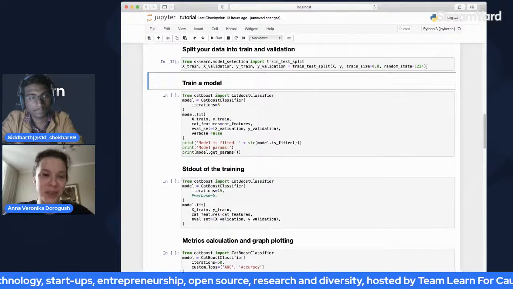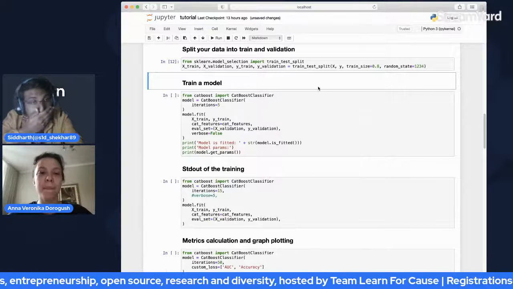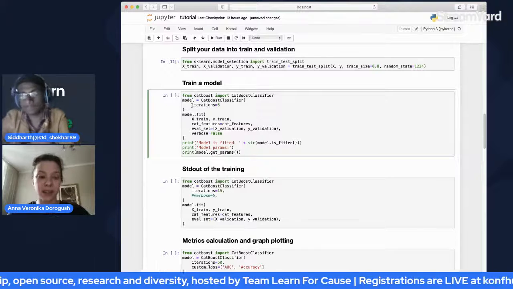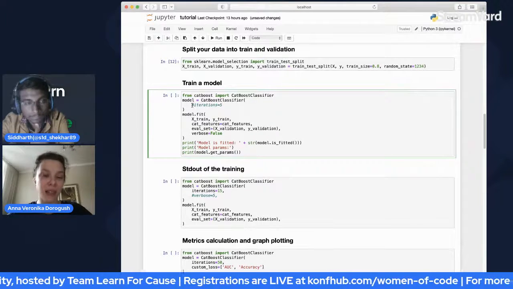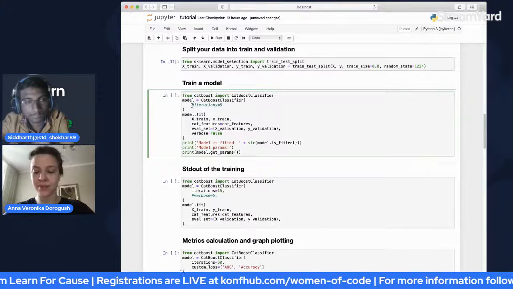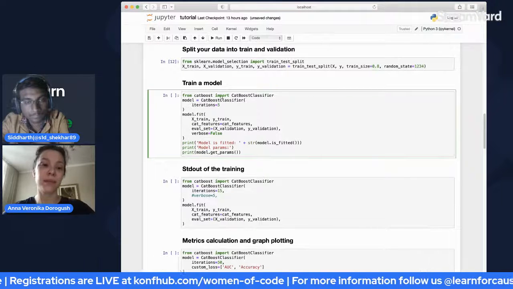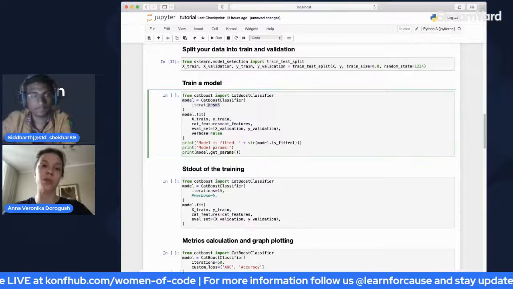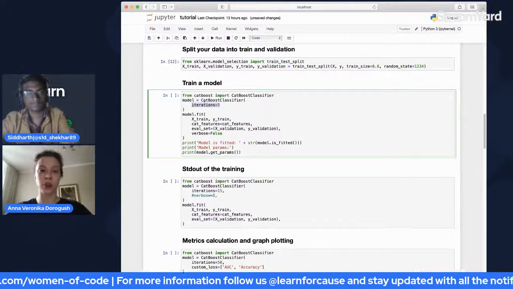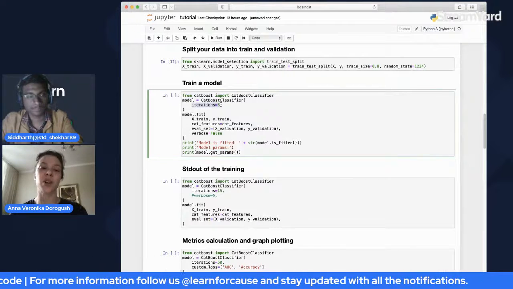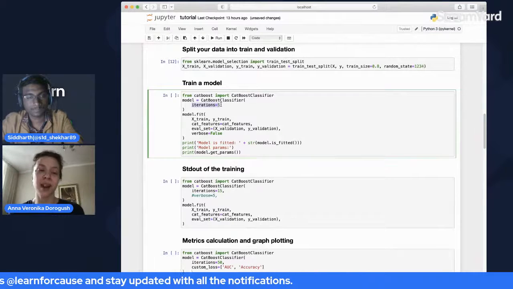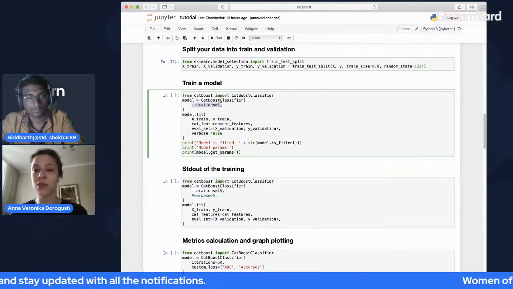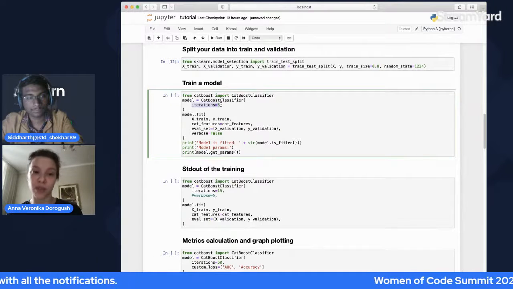We are ready to train our first model. If we are not specifying anything, we will already get a good model. But I want to specify the iterations parameter. This parameter is the number of trees in the ensemble. I have shown you in the slides that gradient boosting builds an ensemble of many, many trees.